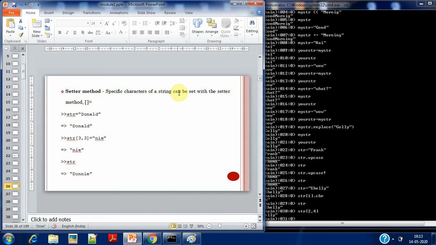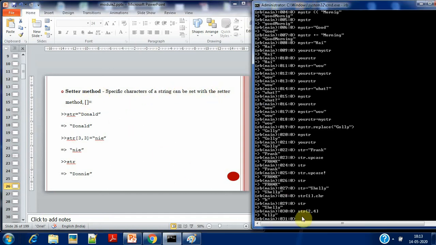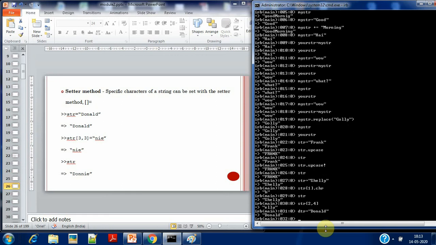A specific part of a string can be set with the setter method. We'll see the example here. We have a string named Donald. We'll initialize the string. Instead of str I have given dtr. So I have a string named dtr, having the value Donald.